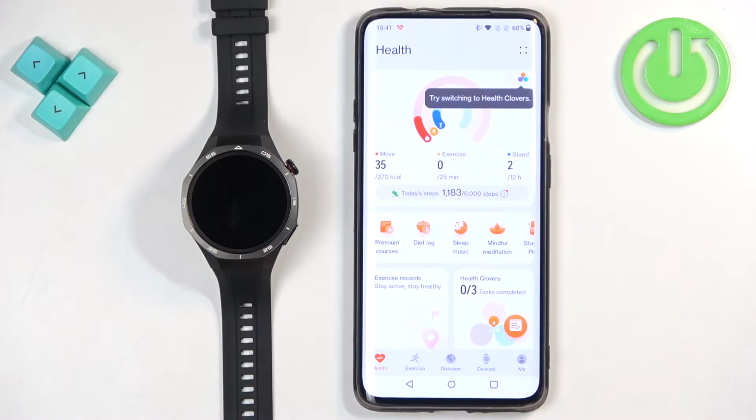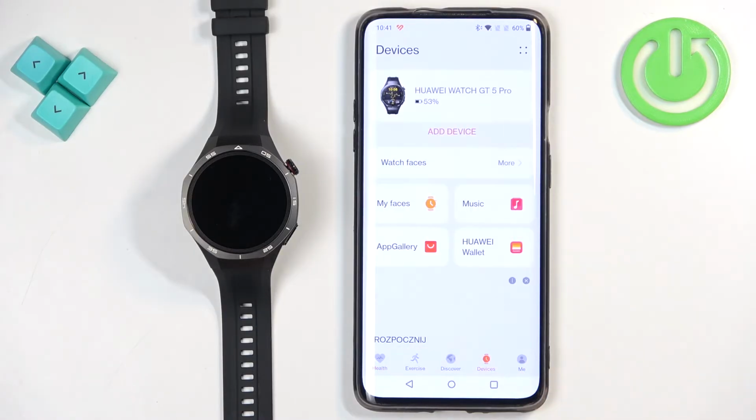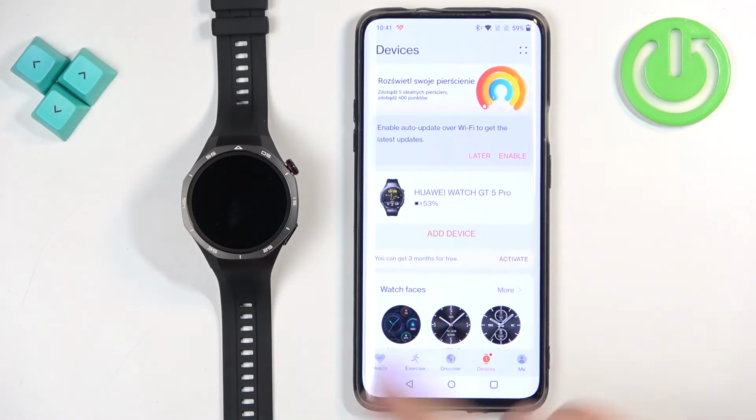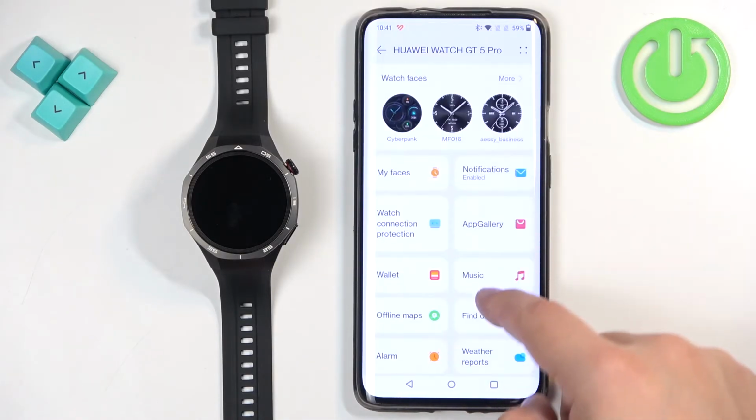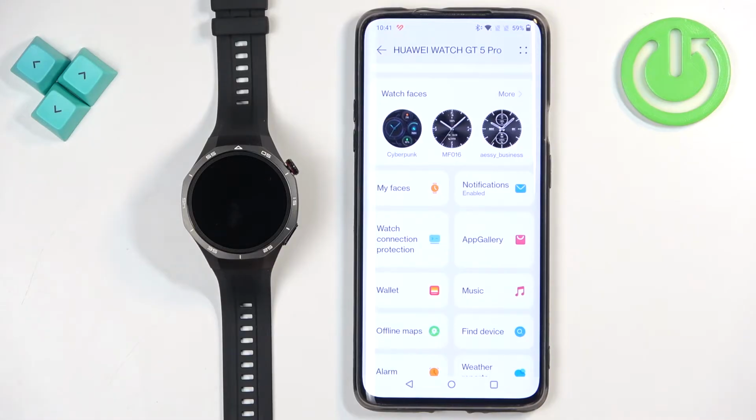After you open the application, tap on the devices icon to open the devices page. Here find your HUAWEI Watch GT 5 Pro, tap on it, then scroll down and look for an option called My Faces. If you're missing this option, it could be because when you install the application for the first time,